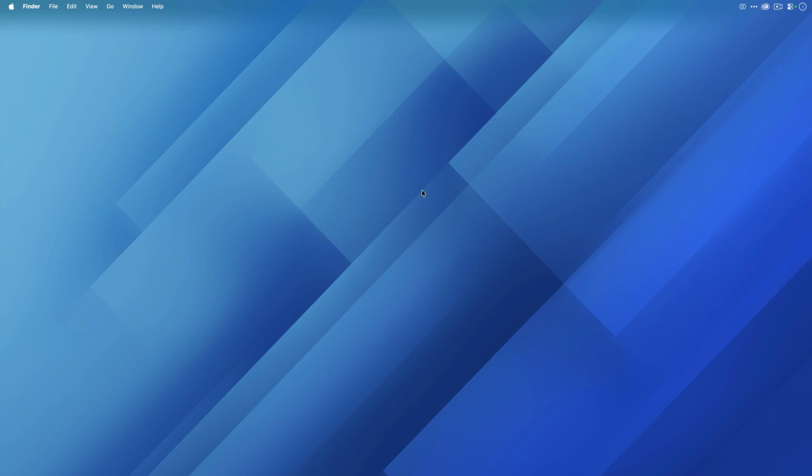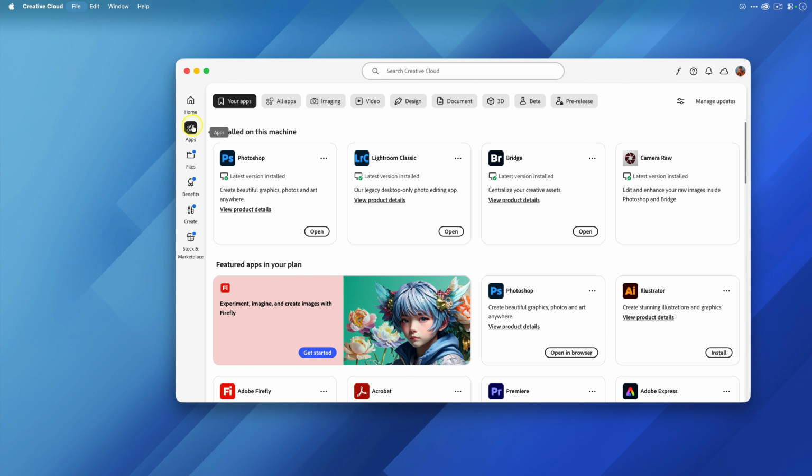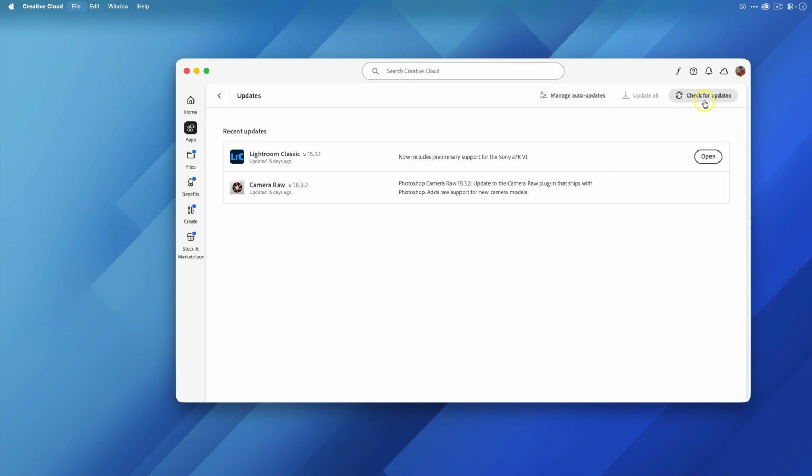So let's dive in. All right, so this is a what's new in Lightroom video, which means that I always like to start with showing you how to get those updates. You're going to launch the Creative Cloud desktop app on Mac or Windows, and then you can go to apps over here and then just click on manage updates. And then if you don't see the update here, just click on check for updates and the new versions should